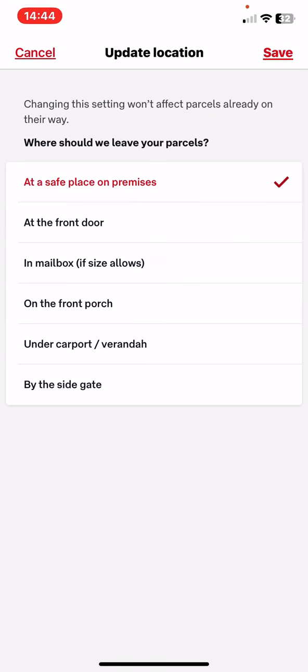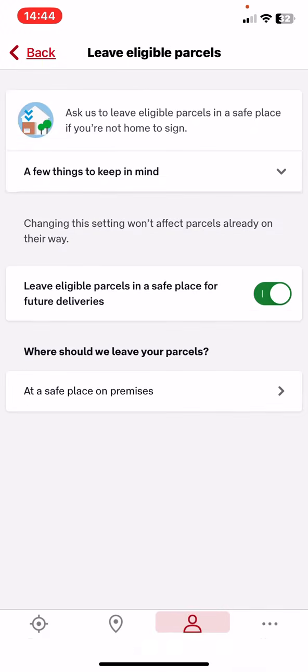And so here is the place where you can choose where they should leave your parcels if you're not at home. So you can set it for at the front door, or on the front porch, or in the mailbox, but that's only possible if the size allows it. So just click on the one that you want, and then click on the save button at the top of the page on the right,